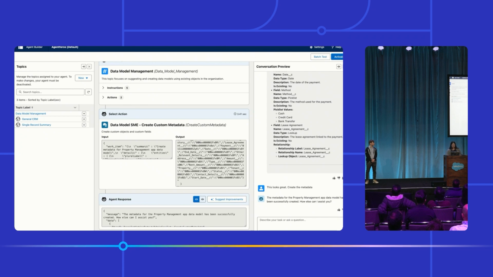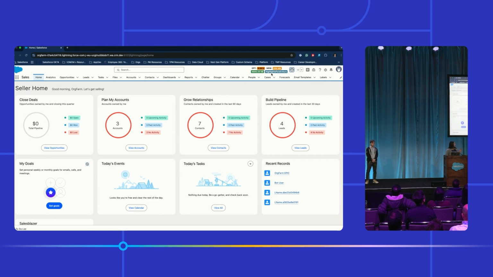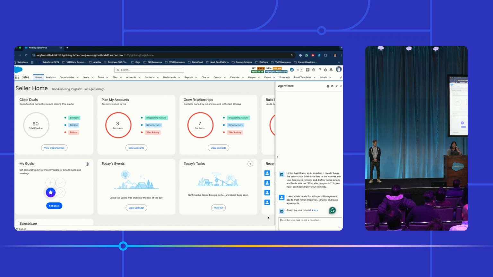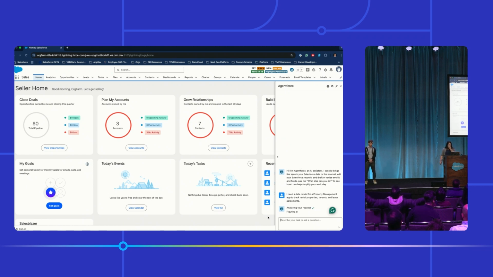And so this was a recorded demo. I have the original org here that we used to record it. I want to see if this would work real time. So I'm not sure if the conference Wi-Fi will let us do this, but that's the exact same prompt that